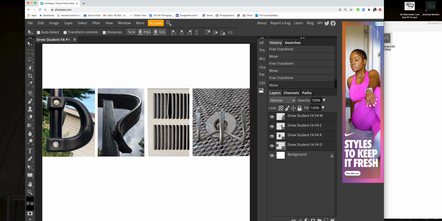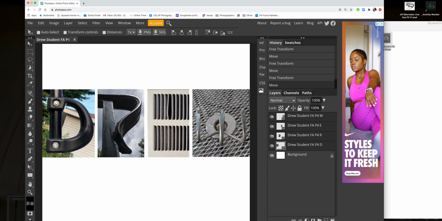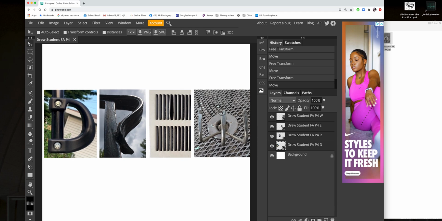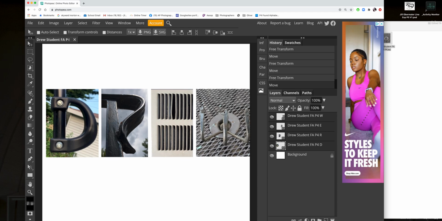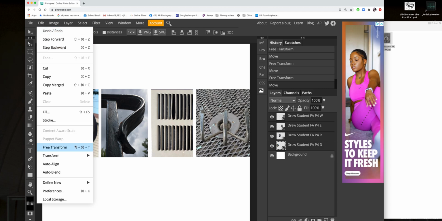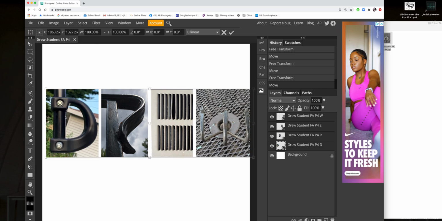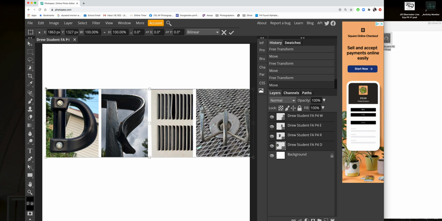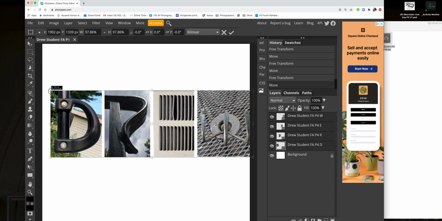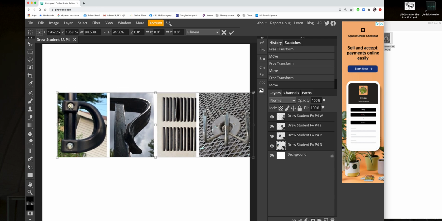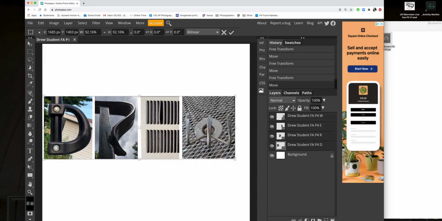Okay, it's still a little tight. Maybe it fits all the way across, but I want a little space around it. So I'm going to move it over to the right a little here so I can see one of the corners and go to Edit, Free Transform, and then I'm going to hold the shift key again because I still have to keep them all proportional. I can move it from either side. Okay, now it's a little too